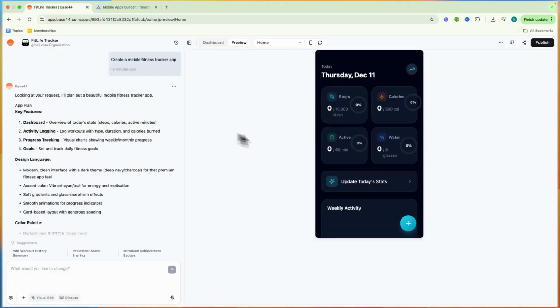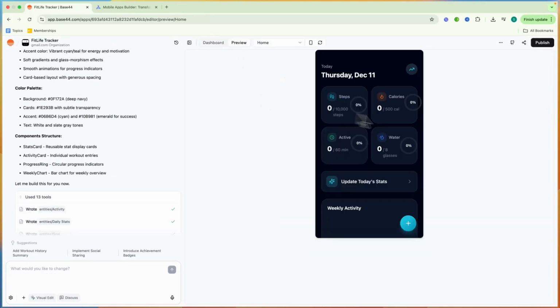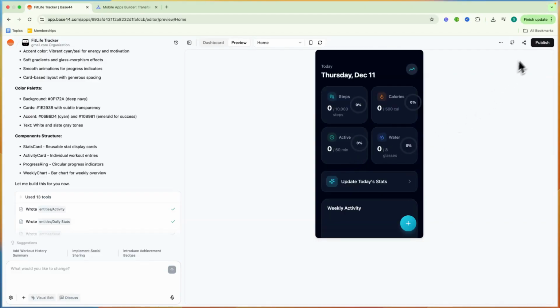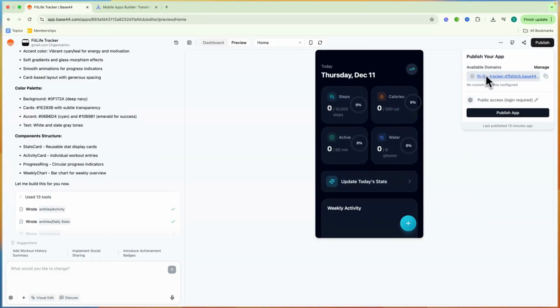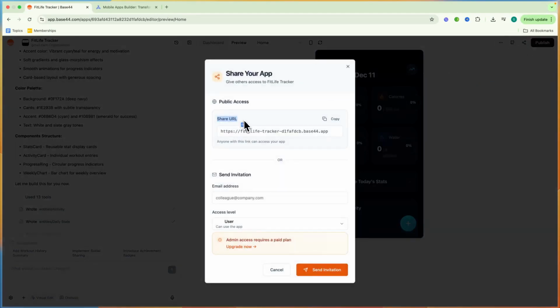So first, you want to open up the Base44 project that you want to publish to the App Store. For example, I've just got this one right here, a simple fitness tracker. Now from there, what you want to do is first publish your app. That will publish it as a normal web app. Now from there, you can click on the share icon, and here under URL you just want